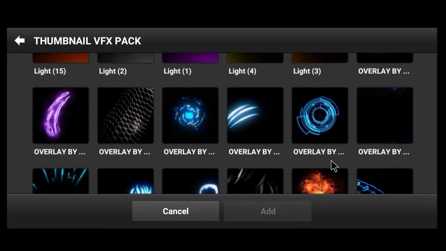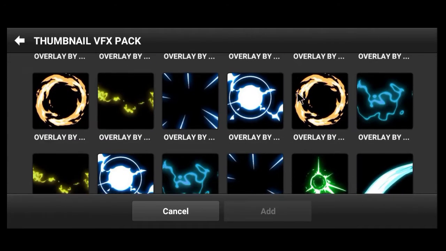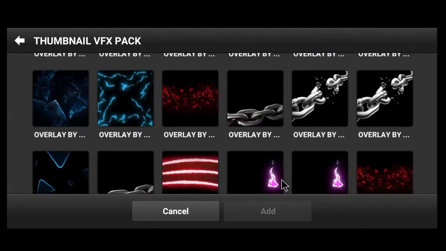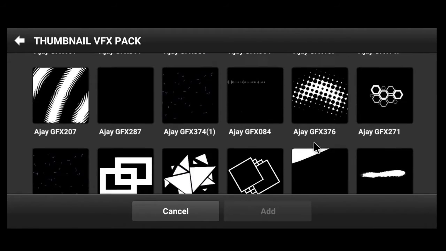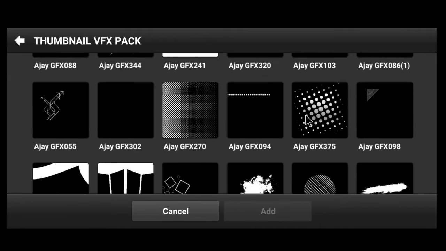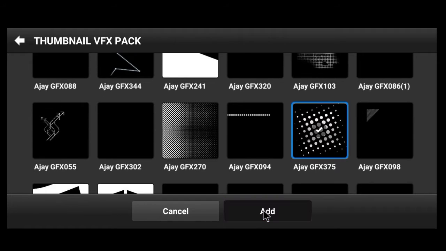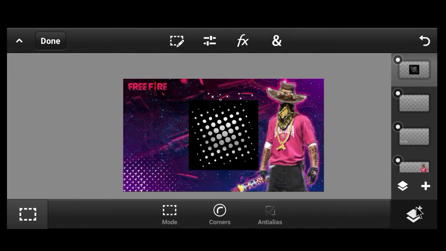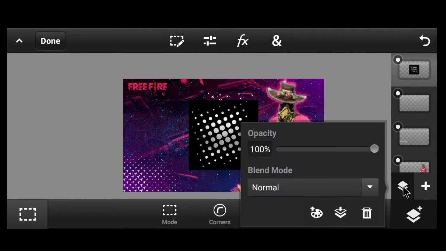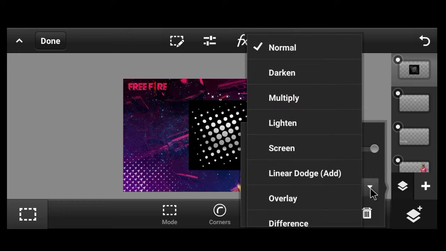Then I'll go to photo library and add another brush to it. Yes, I'll be adding this one, clicking on OK, going to the blend mode and selecting screen.